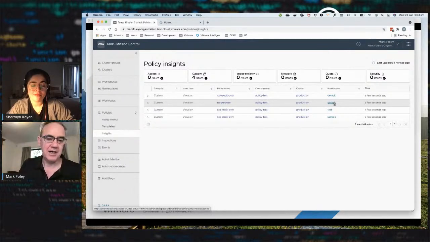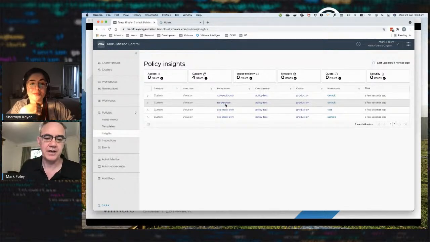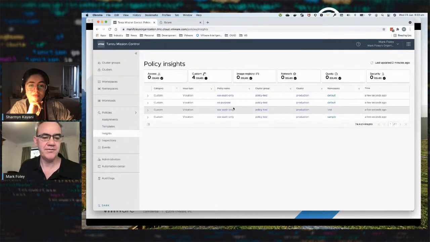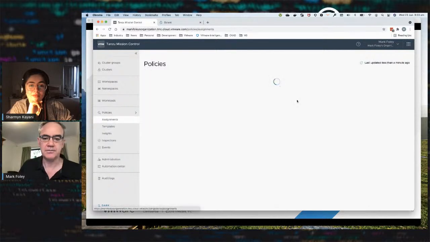The other thing that's interesting about this is that, when I showed you that cluster earlier, you would have seen there's a whole bunch of other namespaces in there. A lot of those are system namespaces or namespaces required for Mission Control or Gatekeeper. Why are those not appearing in here? Because I know for a fact that none of those namespaces have the required labels on them. There's a couple of things that you can potentially do to rule objects in and out of scope of policy enforcements. You'll notice when we have our custom constraints here,